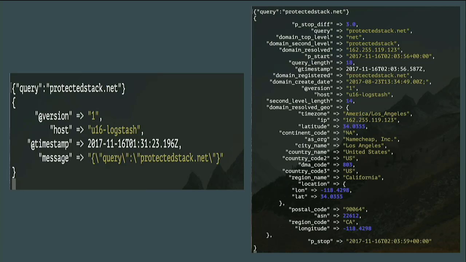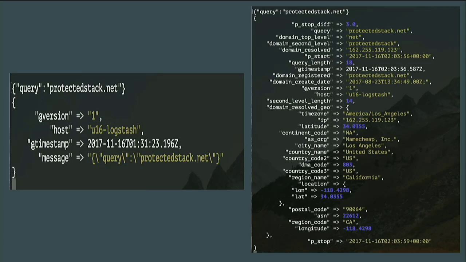When I pass an event off to an analyst, when I give my help desk access to this, I don't want them to have to sit down and say, well, who owns that domain? Why are they going there? I want them to be able to look at a log item and say, oh, I had this query of protectedstack.net, and see it's this IP address, it's this hosting provider, maybe it's Amazon, okay?